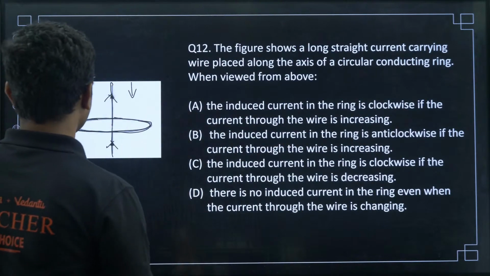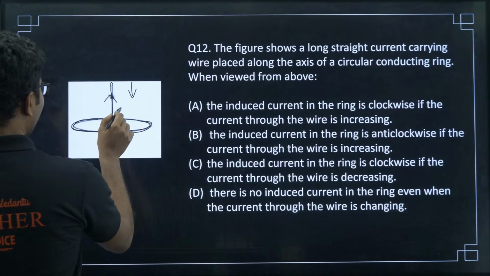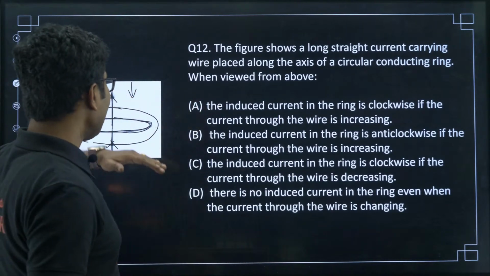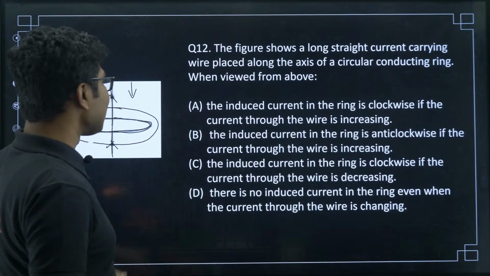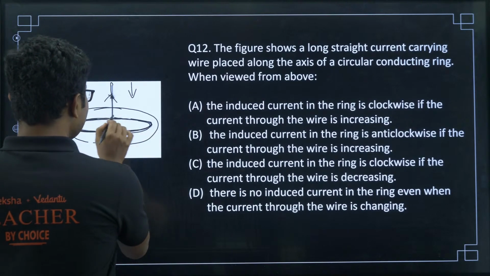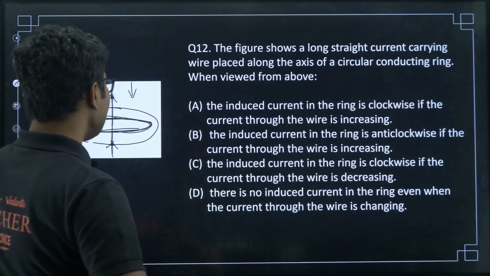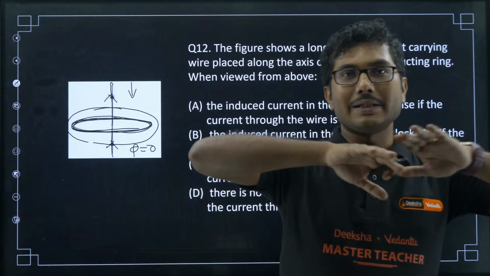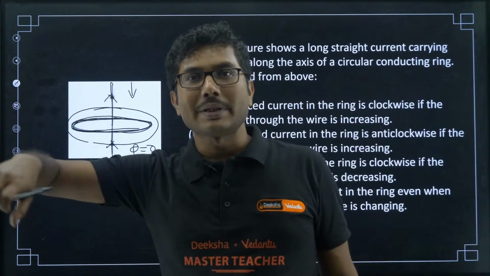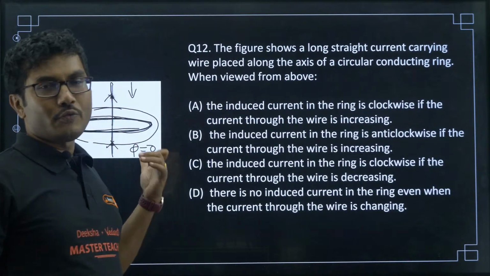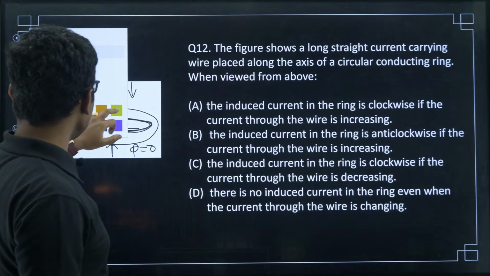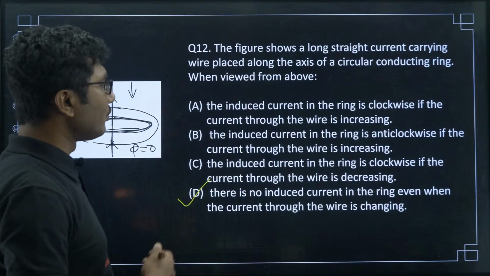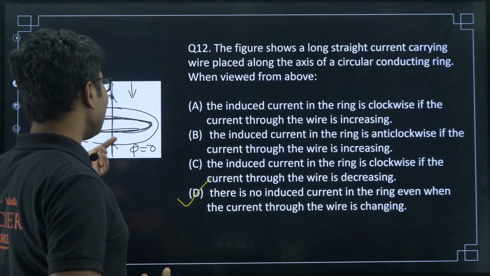So, you have to understand that if this is a current carrying wire, the magnetic field lines are basically like this. So, basically they are concentric circles, okay, and no flux is linked with this coil, even though the current is increasing or decreasing, flux linked with this coil is basically 0. Flux linked with this coil is 0 because they are in the same plane, right. No flux change happens in the coil. So, it will be definitely 0. Okay. There is no induced current in the ring even when current through the wire is changing because flux is not linked with this coil directly.